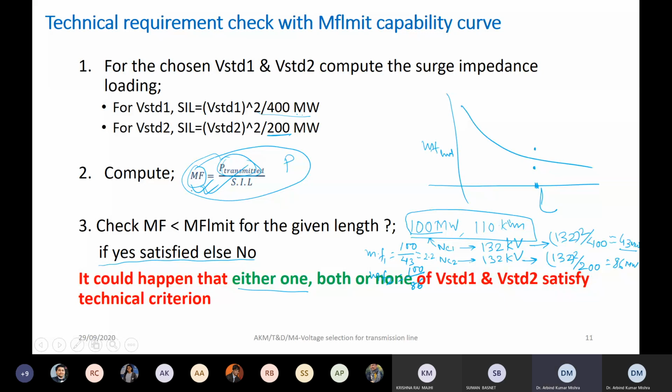So you have two multiplying factors calculated in step 2. One is 2.3 and another is 1.15. Just remember these two. For a single circuit, our multiplying factor for the power to be transmitted is 2.3, and for a double circuit it is 1.15. Now if you go back and look at the capability MF limit curve,